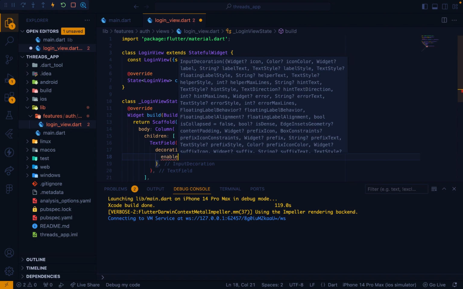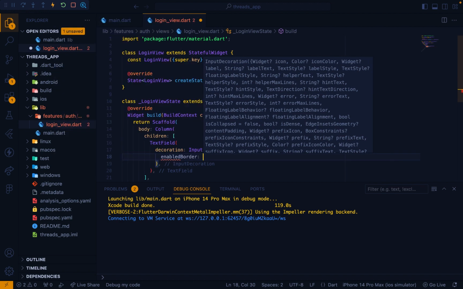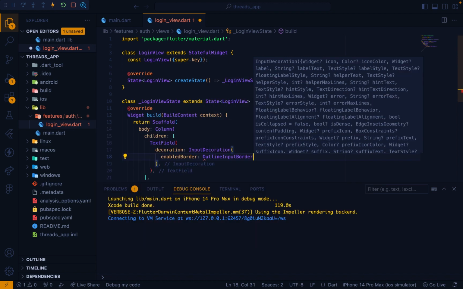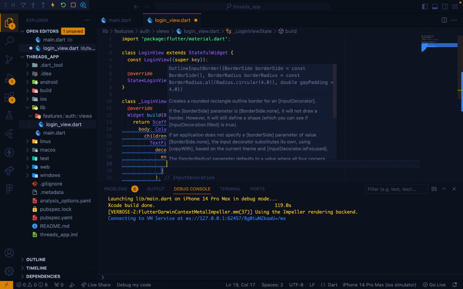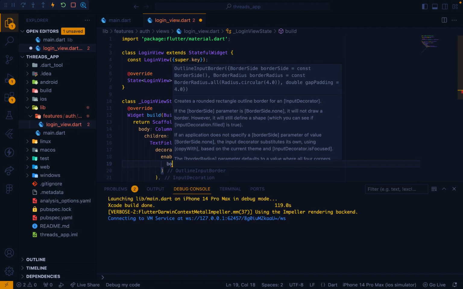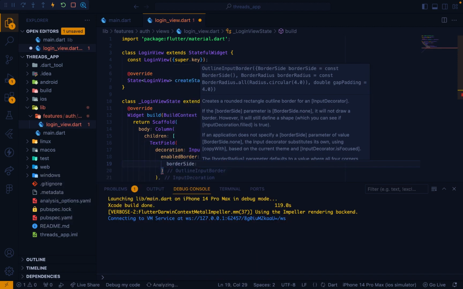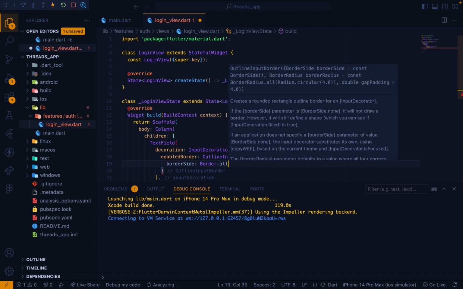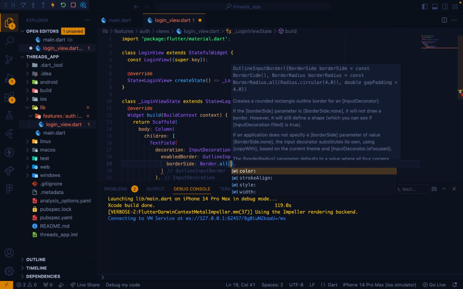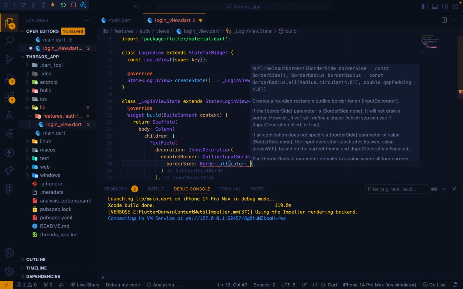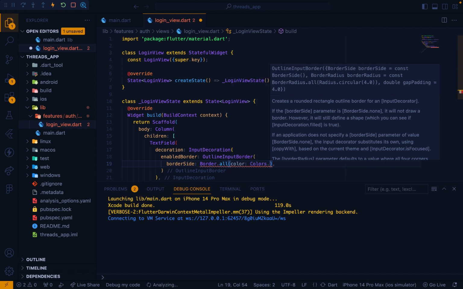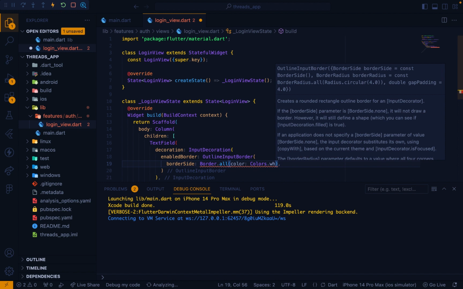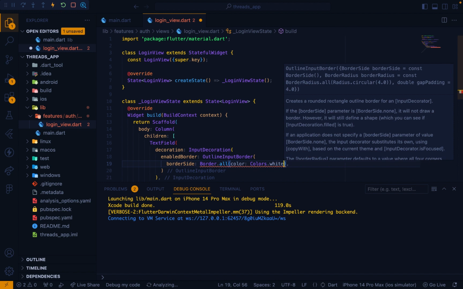So we need enabled border. So we're going to have outline. So outline enabled border is first we're going to need. We're going to call our border side. We're going to say border dot all. First thing you're going to give our border is color. You're going to give it colors dot white. Okay, so let's just give it colors dot white,